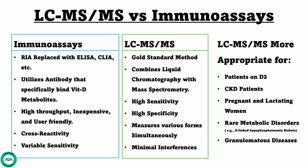However, they have some limitations, including susceptibility to cross-reactivity and interference from other compounds in the sample, which can affect the accuracy. Additionally, their sensitivity can vary, particularly when measuring low concentrations of vitamin D, which may limit their reliability